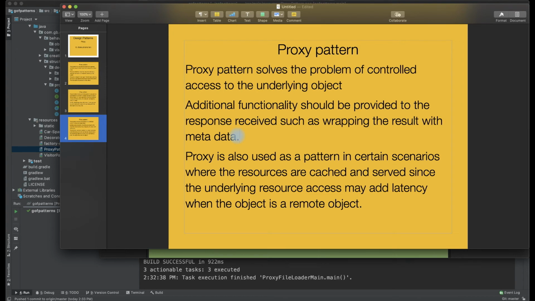In the world of microservices that we build, in the model view controller side, the controller acts as a proxy. The REST controller is the one which acts as a proxy, and it goes and calls the underlying resource, the database or a file system, and serves the resource back. On the controller side, we wrap the response with certain headers. We may massage the response by adding additional information on top of it. For example, status. If there is an error when we access this, we will wrap that with the appropriate errors,